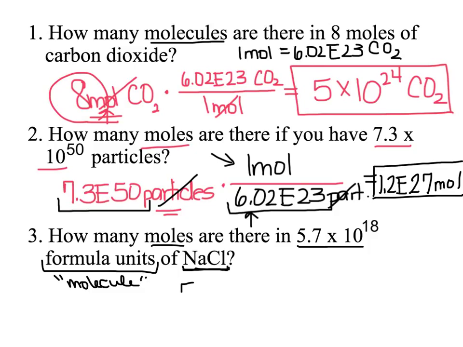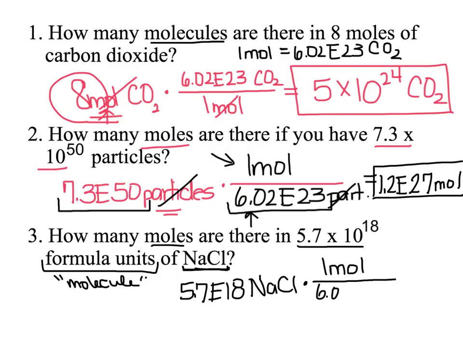So we're going to start with what we were given, which is 5.7 times 10 to the 18th formula units of sodium chloride, and they're asking for moles, so we're going to put 1 mole on the top, and our 6.02 times 10 to the 23rd on the bottom, and again that means we're going to end up dividing, and we get 9.5 times 10 to the negative 6